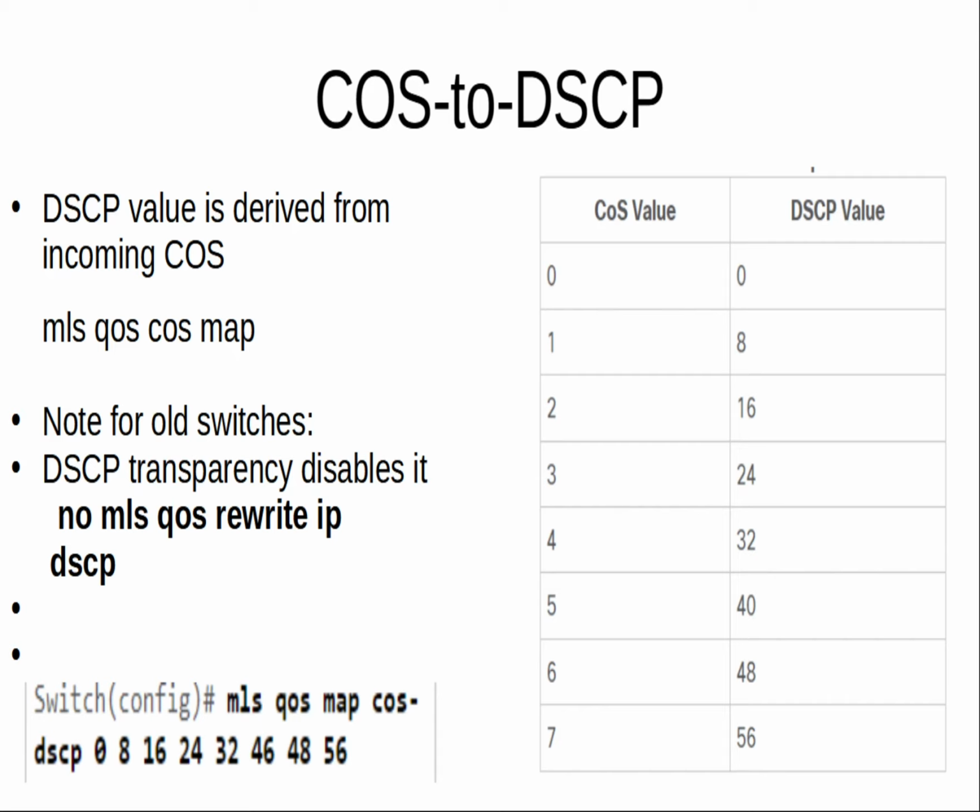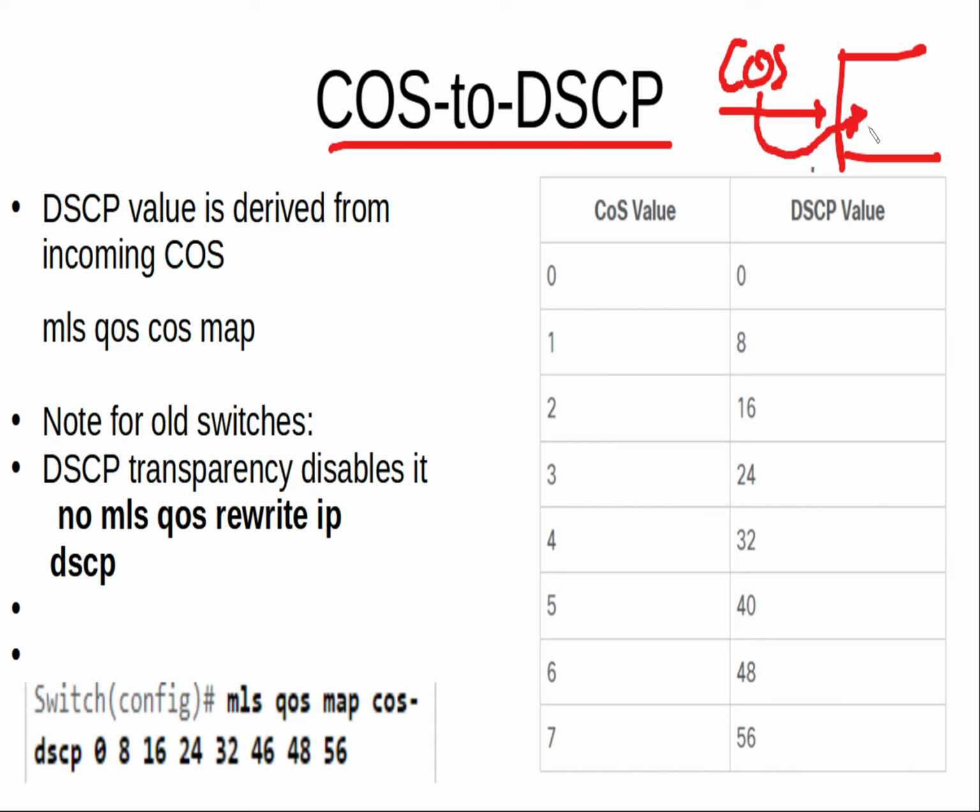So for instance, we have a table that is known as the CoS to DSCP map table that is used, for instance, when the traffic enters your switch and you have a CoS value and you want to use this CoS value to figure out the internal DSCP value. So this will be the mapping that will be used to map this incoming CoS value into the internal DSCP value. You can change this table,